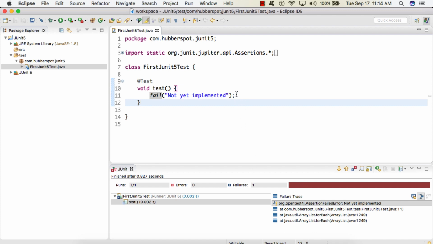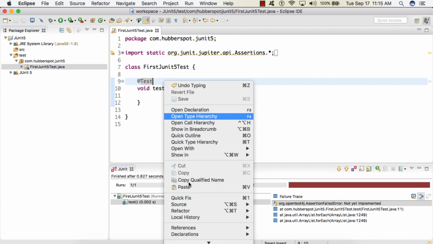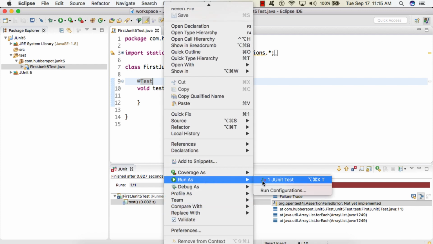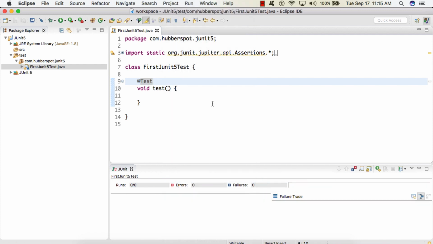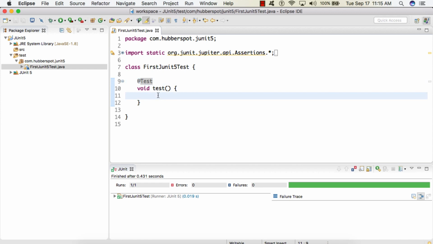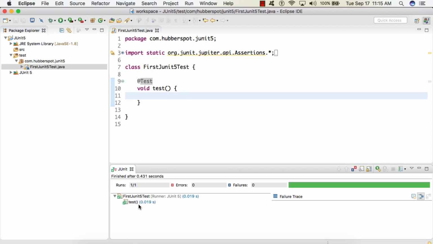And let's say if we remove this assertion and now we run it, as in the test method there is nothing to execute, it shows that our test method passed and it conveys it by a green bar.